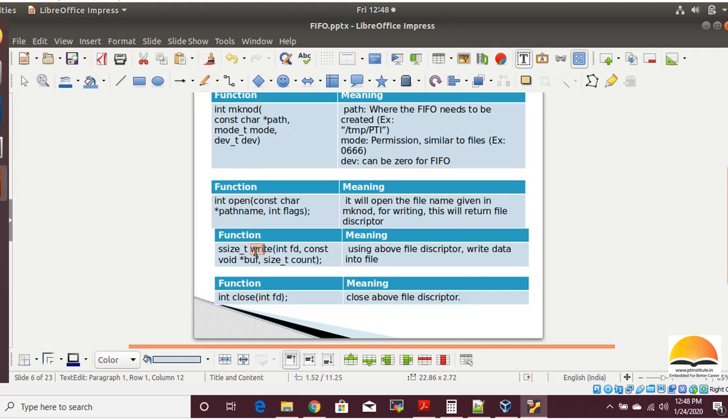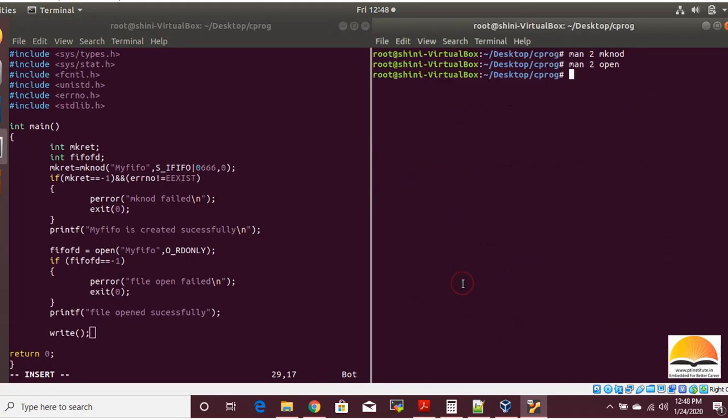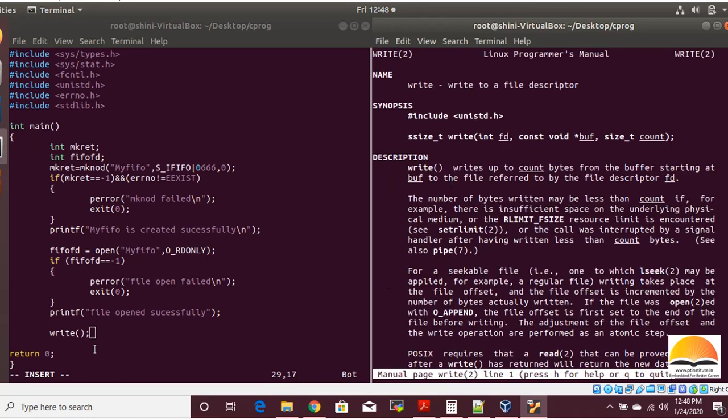So after open we have to use the write system call. For the write system call, let's go to the manual page. We have to give the file descriptor and the buffer, meaning what we want to write, and the size, how much we want to write.